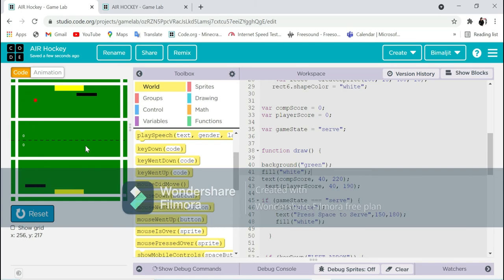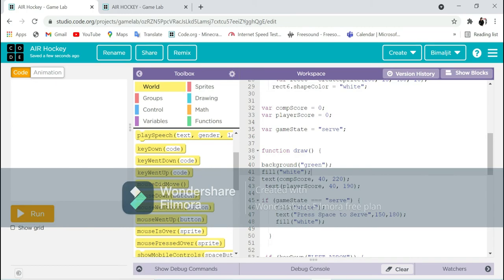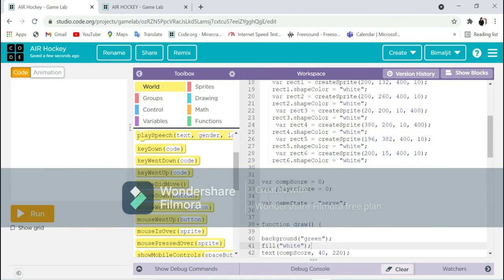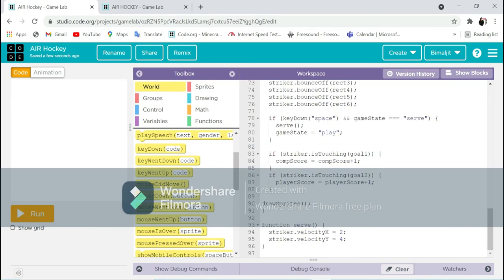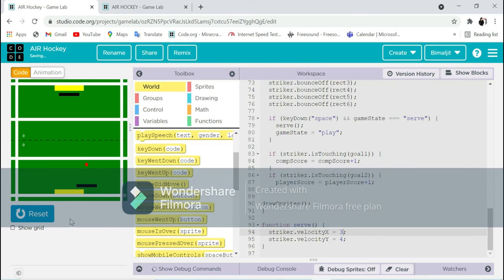We just want that our main goal is that the player count is going on, and even we can see the player mallet move with our arrow keys, and even we want that our com mallet should go to the x direction of the ball. So you can see the ball is a bit slow, right? I think so, and from my side I think it is really slow. So all we can do is give it a bit of velocity, like we have given 4 to y, so let's give velocity x as 3. I think that would be a bit fast also.